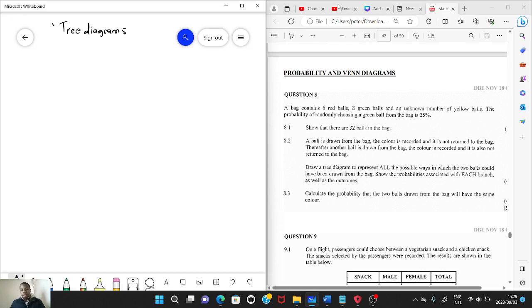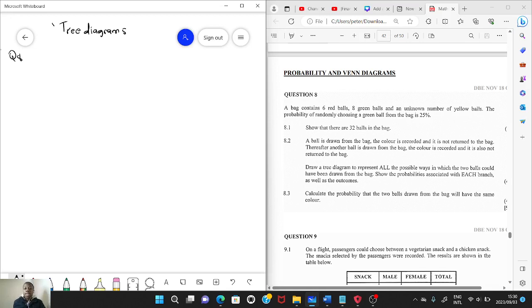Now we look at question 8. I'm going to teach you how to draw tree diagrams looking at question 8. Some of you may be wondering why I am starting with a question. You will see once you get the gist of it, because this is a common, standardized question or example in relation to the topic. So question 8 reads as follows: